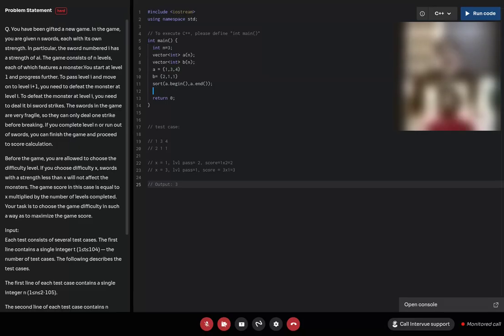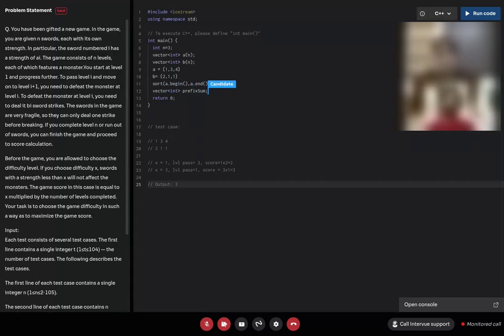Okay, so to pass the levels, I'll need to know at which level how many monsters I have and from which starting point. So I'll need some value for every level. So for that, I am using prefix sum.